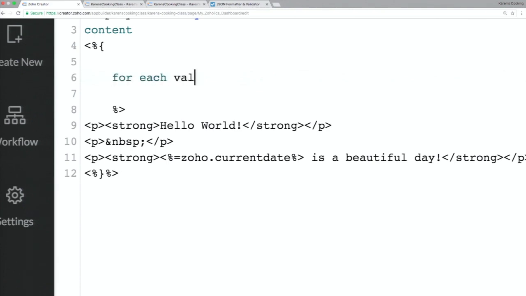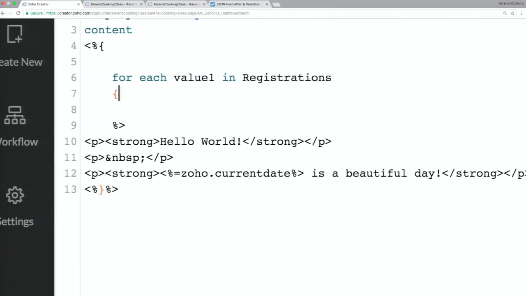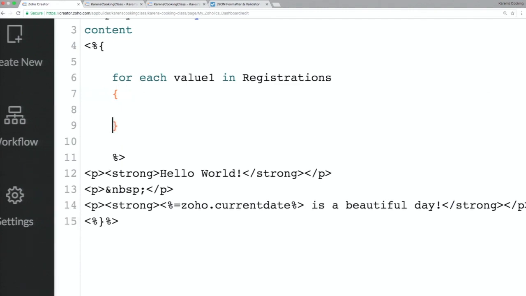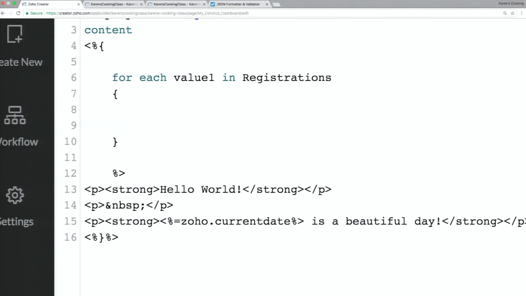For each value, so I'm going to put it as value, and we use the example registration, so let's stick with that. So here we have just the outer part of the command being executed, but now I wanted some HTML to also be included. So I want to display